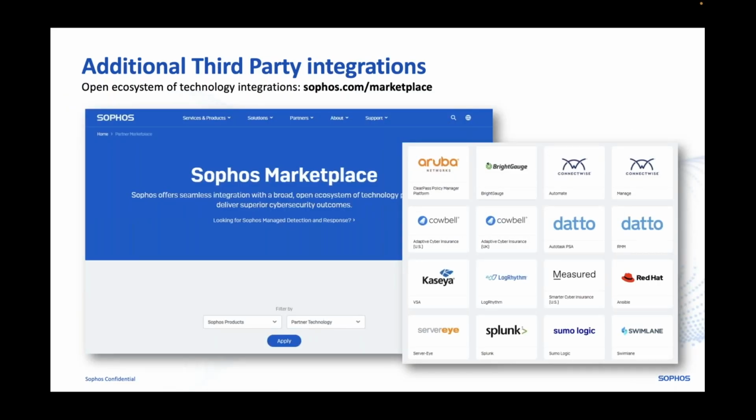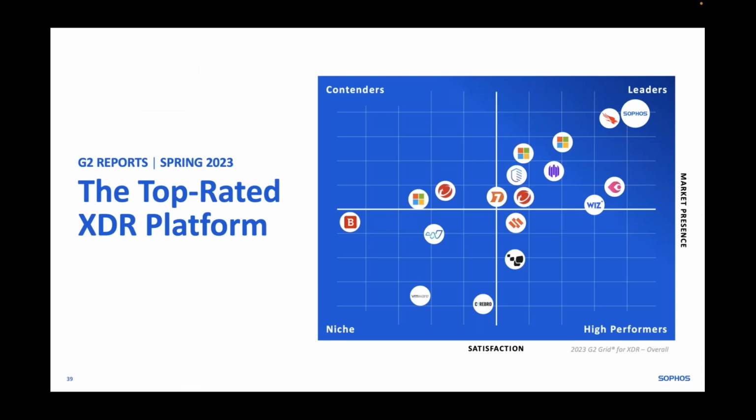And on the subject of collating telemetry from other places, now we have the open ecosystem capability so that we can pull telemetry from a wide range of other sources. Some of these integrations are provided free of charge. Some of those integrations are chargeable, but if you've got a mixed estate of various different cybersecurity products, and if you've got potentially some other products doing other technology functions that have useful data in them, you can bring those into Sophos XDR as well, so that you've got a really good view of what's going on inside your estate, and you can leverage those tools to the maximum to be able to carry out those threat hunts for yourself.